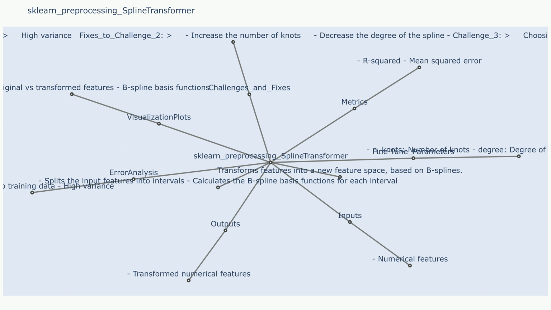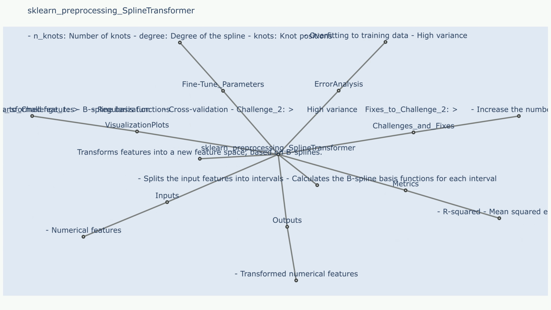Steps. Step 1: feature selection. The transformer identifies the features to which the spline transformation will be applied based on the specified feature indices. Step 2: spline transformation. The selected features are transformed using the specified spline function, e.g., cubic spline, B-spline. The degree of the spline and the number of knots determine the complexity of the transformation and the number of